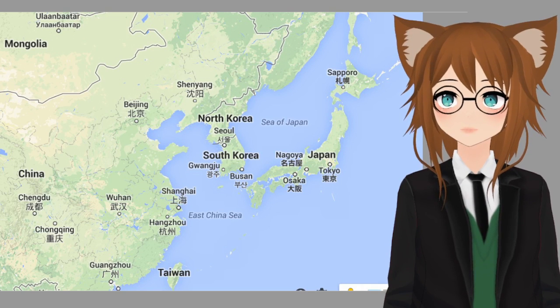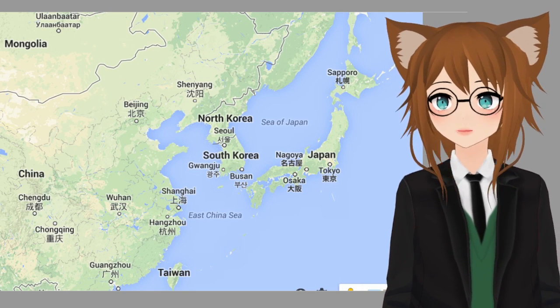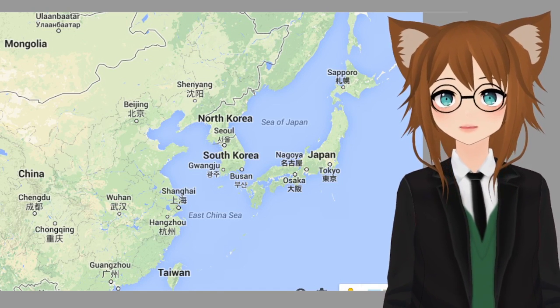So it's very close to many countries, and you can actually easily island hop all the way down to Taiwan